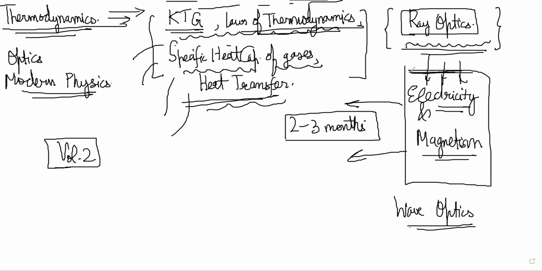Right now, if they are doing ray optics, you should at home be reading the ray optics section in HCV. There is a geometrical optics chapter that comes after light waves, which is the wave optics chapter. In general, the sequence should be that you do optics at once, everything together. But for your Allen, you can prepare from HCV also and do whatever they are doing in class. Mostly our focus in classes will be on electricity and magnetism from the next class. So that's all for now.